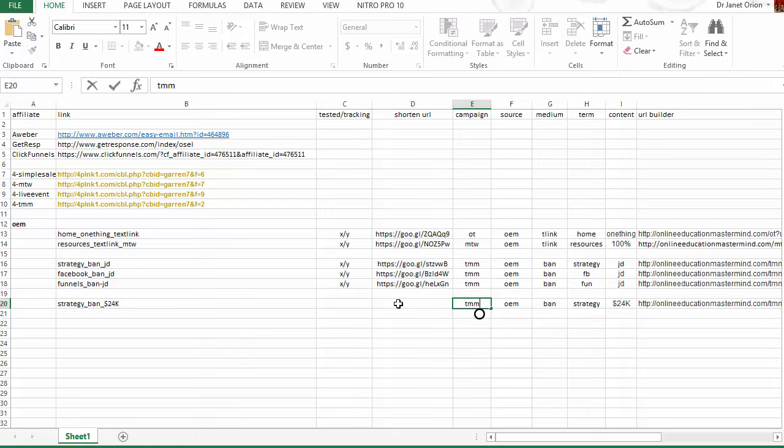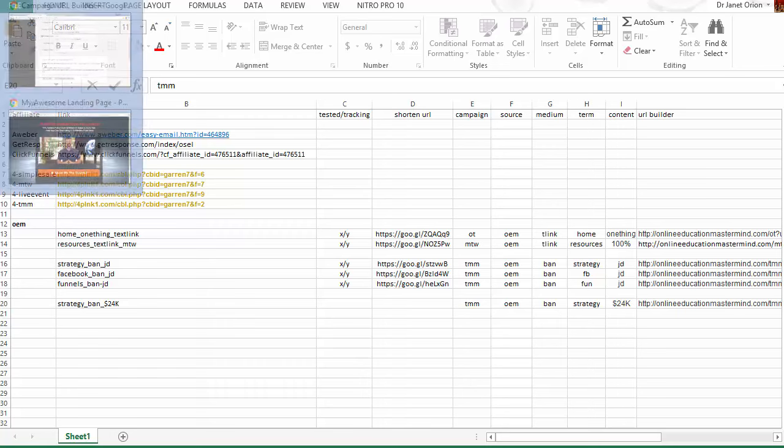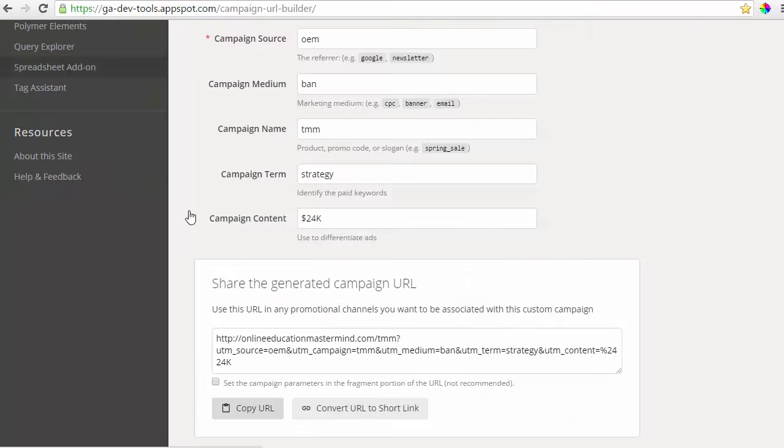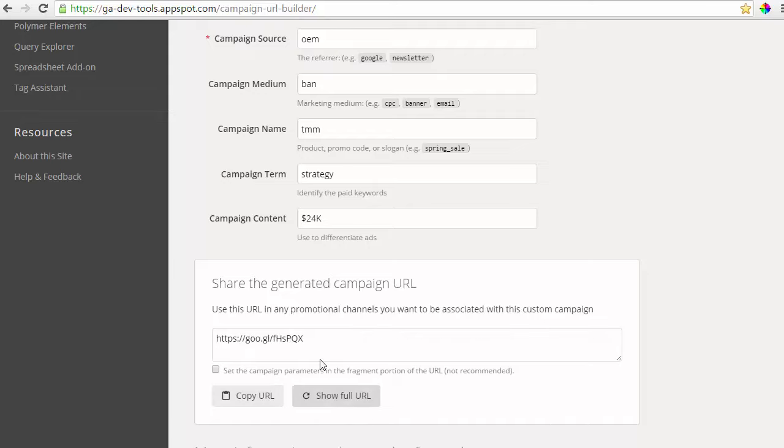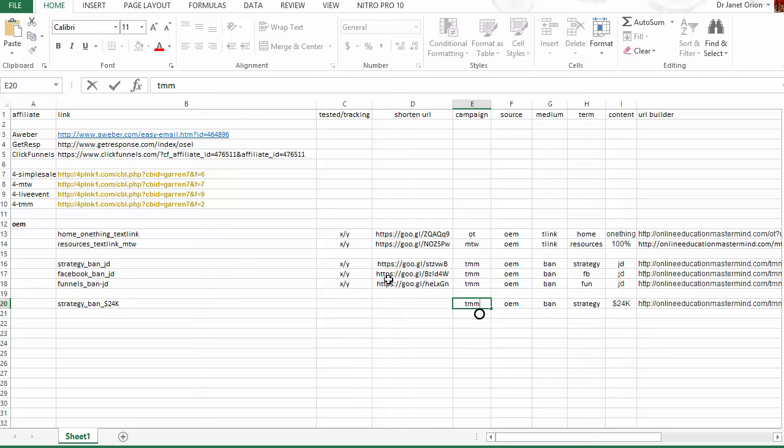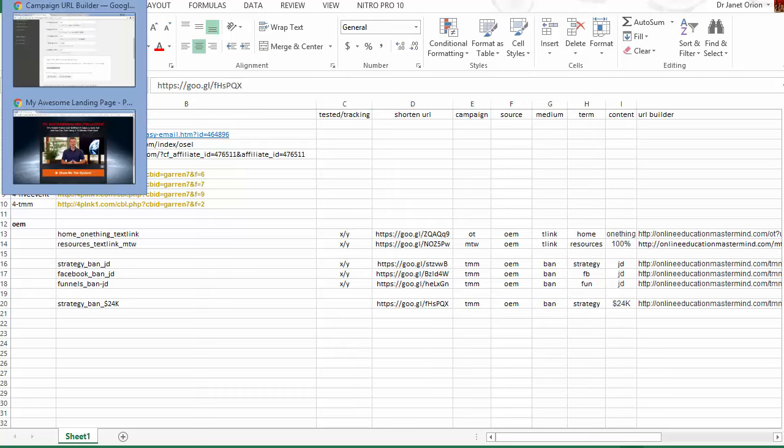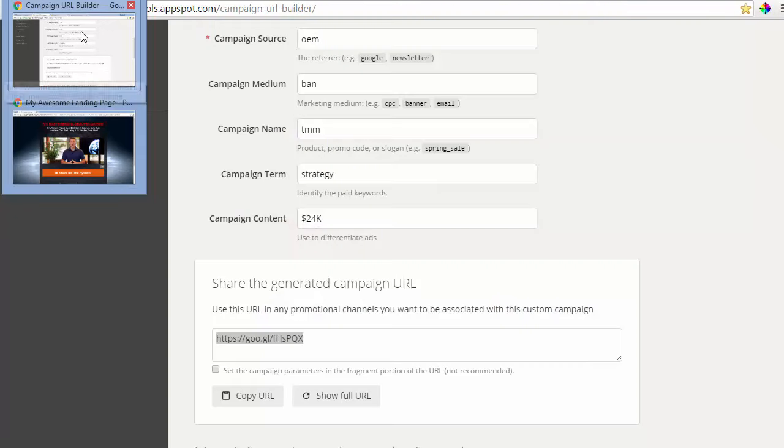And my shortened link is going to go here, and this column is when I test it and see if it tracks. Okay, that's really what we're after. So for now, we're going to click on Convert URL to shortened link. Here's the shortened link. I'm going to grab that, copy it here, go to my spreadsheet and paste it here. And then next, I'm going to go to my actual